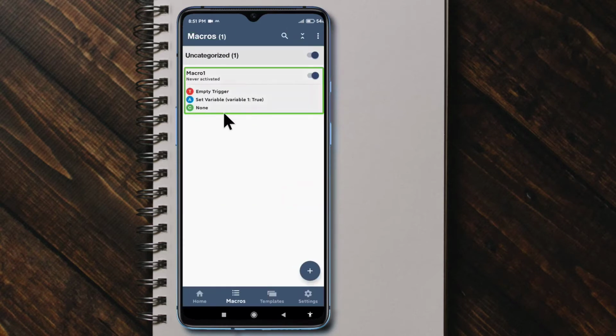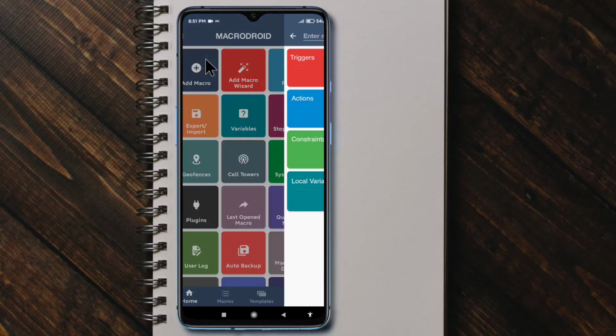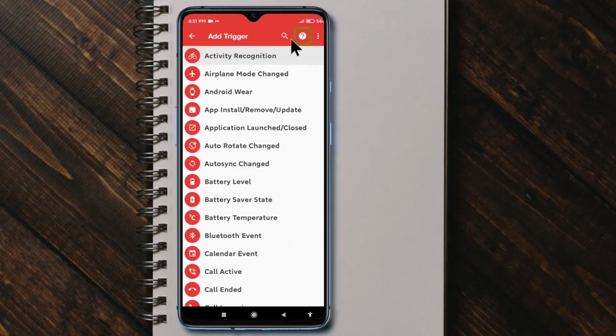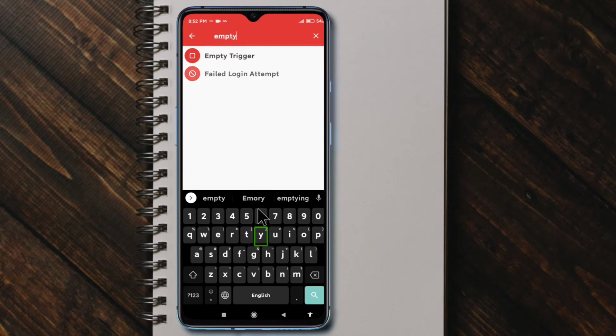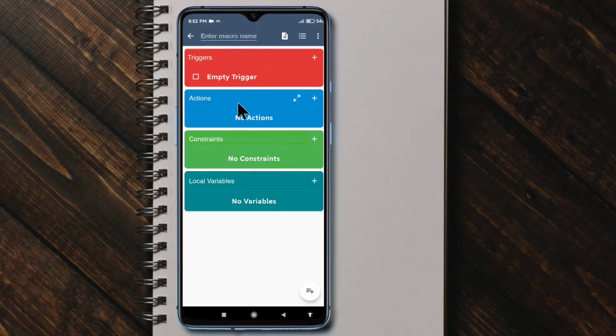So now I am adding a new macro. I am selecting the trigger as an empty trigger and giving the name macro2.